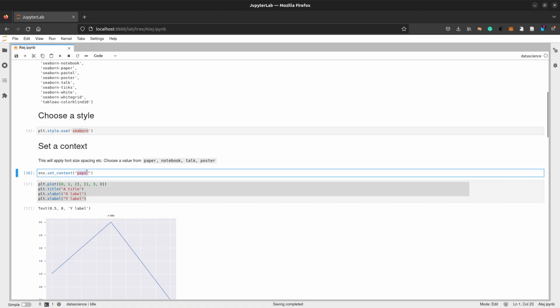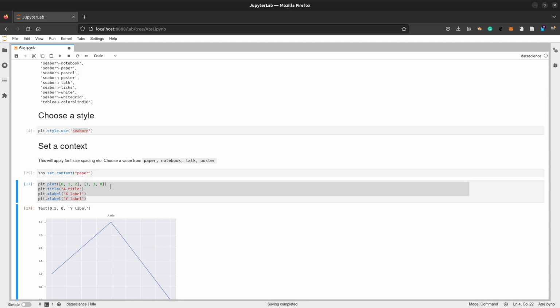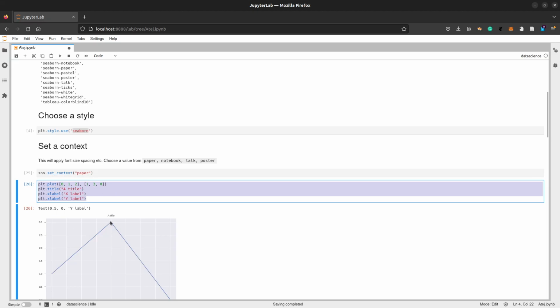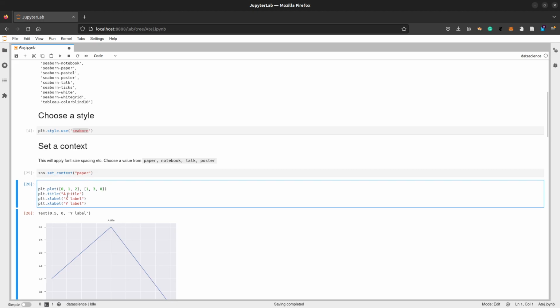So either paper, which you will never use probably, at least for a long time, and even if you are, paper is too tiny, I find, but maybe. And so if I basically execute paper, it's gonna make me a graph with the font size set for a paper. The reason being, why is it so tiny, is that normally